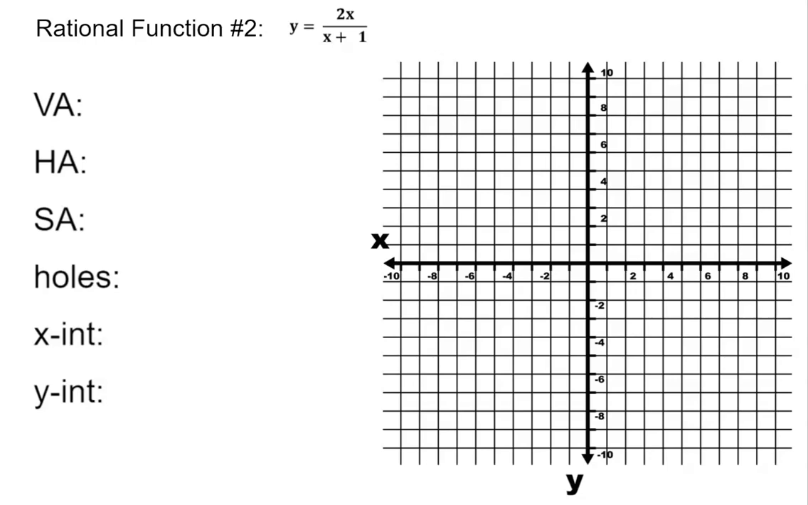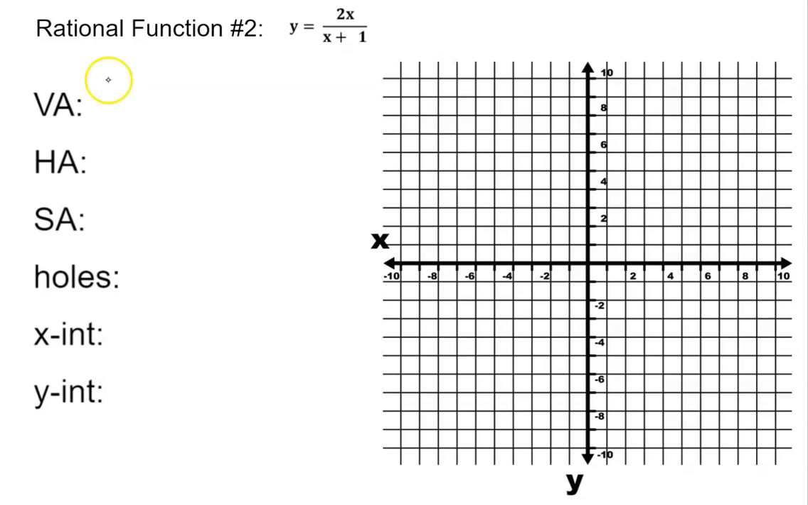In this video, I'm going to show you how to graph a rational function. A rational function here is y equals 2x divided by x plus 1. Now the first thing we're going to do is identify our asymptotes. So to find our vertical asymptote